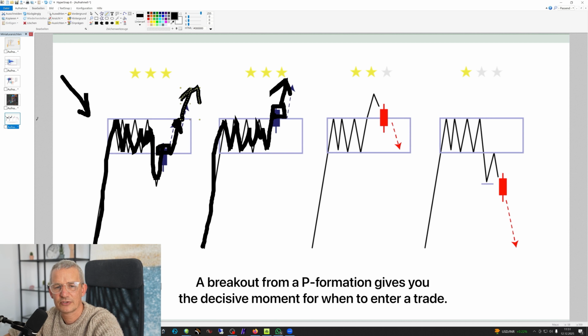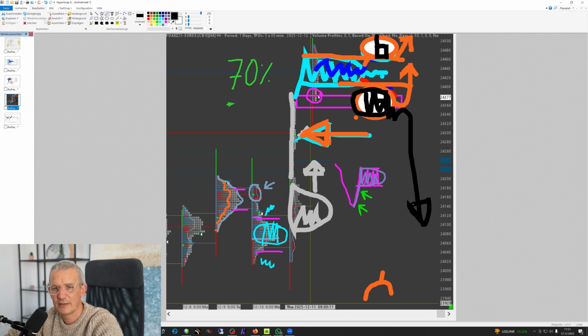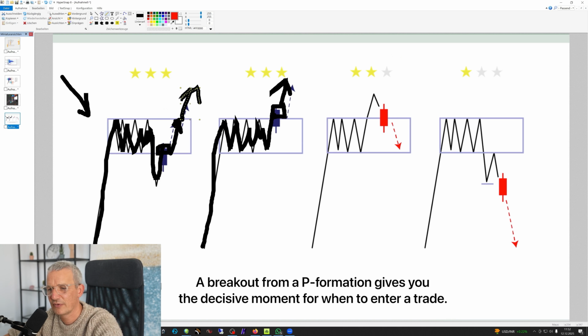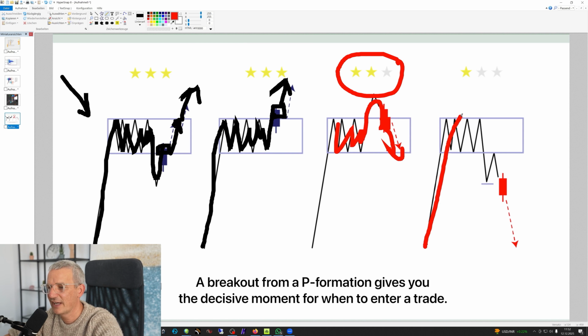What am I trying to say with this? So if I am right here at this exact price area, let me make this a bit clearer. The market drops down and gives me a P. And now I have the opportunity to recognize that buying is happening again. Then it will continue to go up. We call this a break-in. But now there's also the following possibility, that the market suddenly goes back down into the range and moves lower. Oh, so there is a possibility for a trend reversal via the P. Or I have the setup like this,